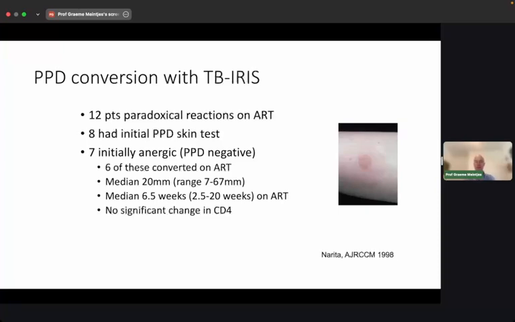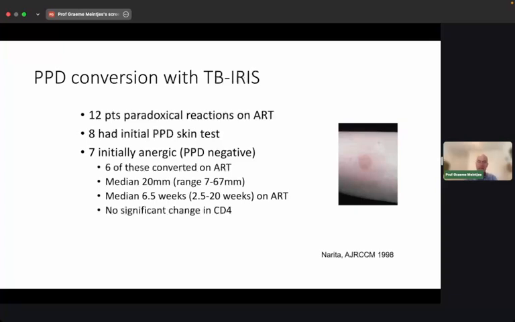And one patient had a response of 67 millimeters, so a 7 centimeter response. So what they saw was that these patients had deteriorated with inflammatory features on ART, but the skin test going from negative to positive and strongly positive was strongly suggestive of an improvement in anti-TB immunity that was underlying their